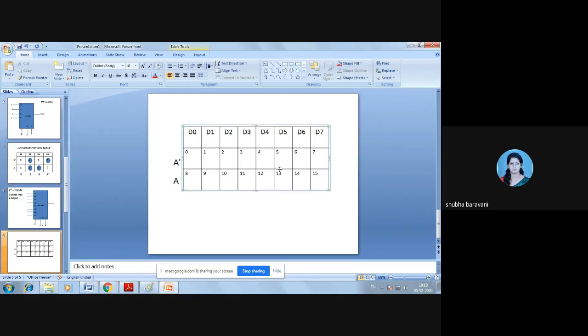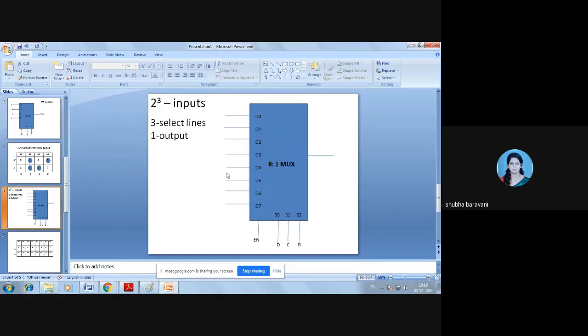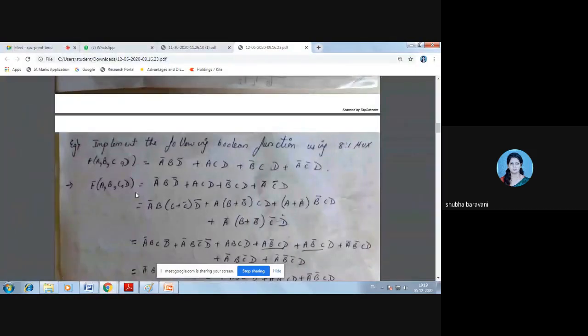Did you understand this procedure? Everyone understood this procedure, right? Yes, ma'am. Right, this is basic. Okay, this is done. Now what do I have to connect to D1 to D7, right? So what I'll do, I'll go to this. See, the function given is in the complicated form. Okay, it's not in the simplified form.